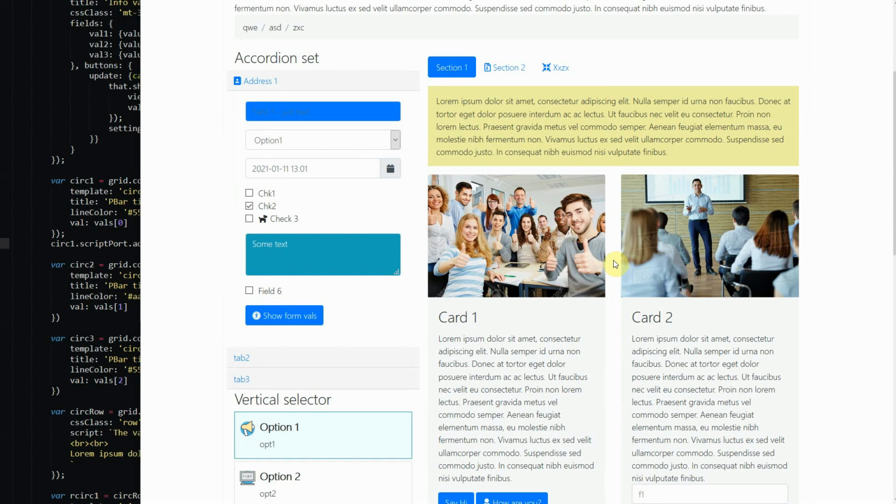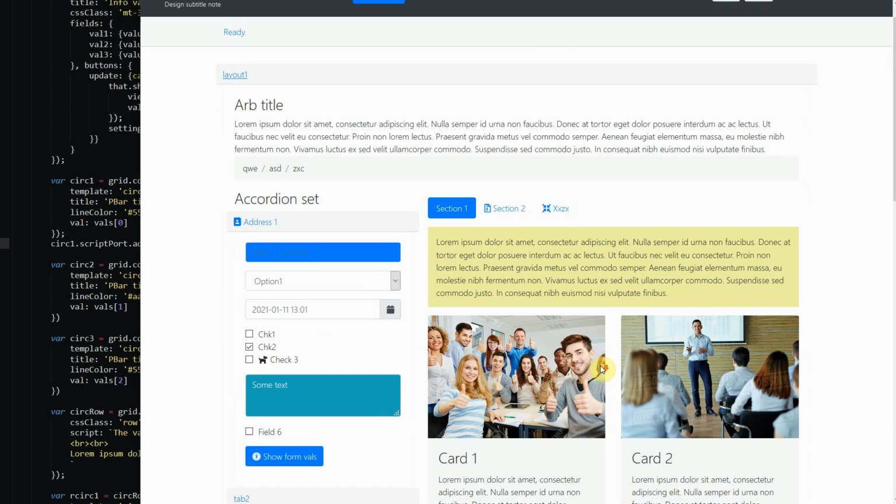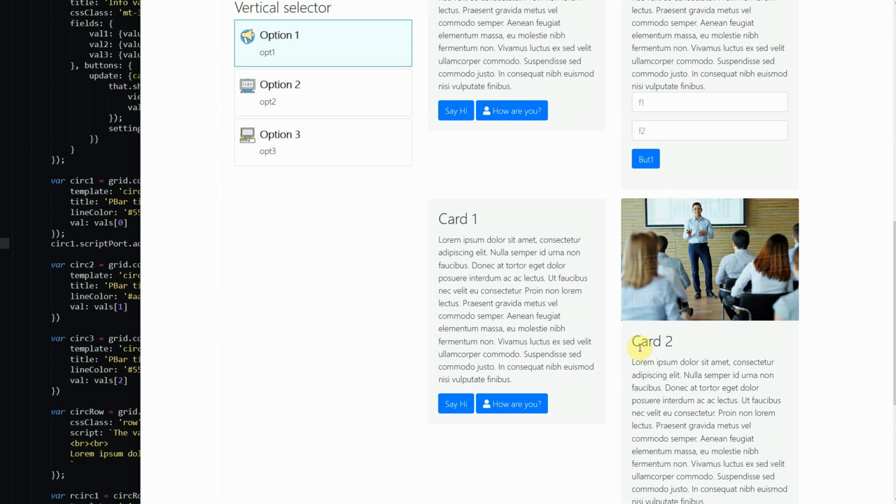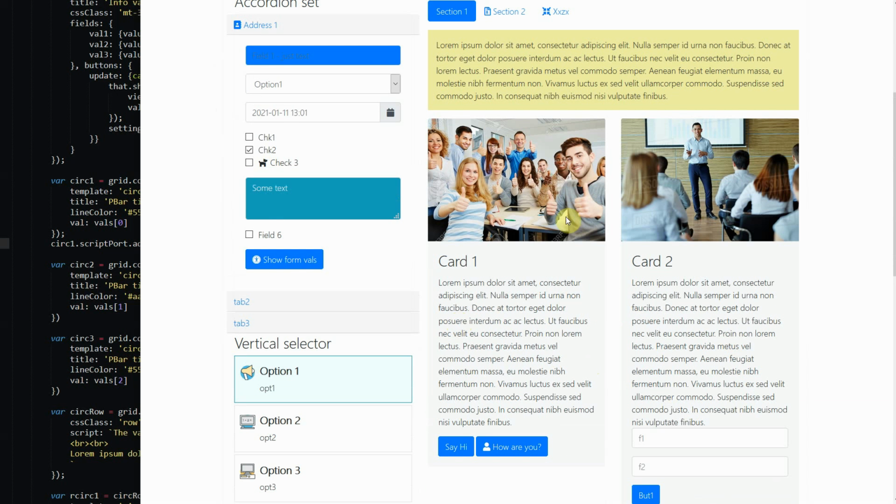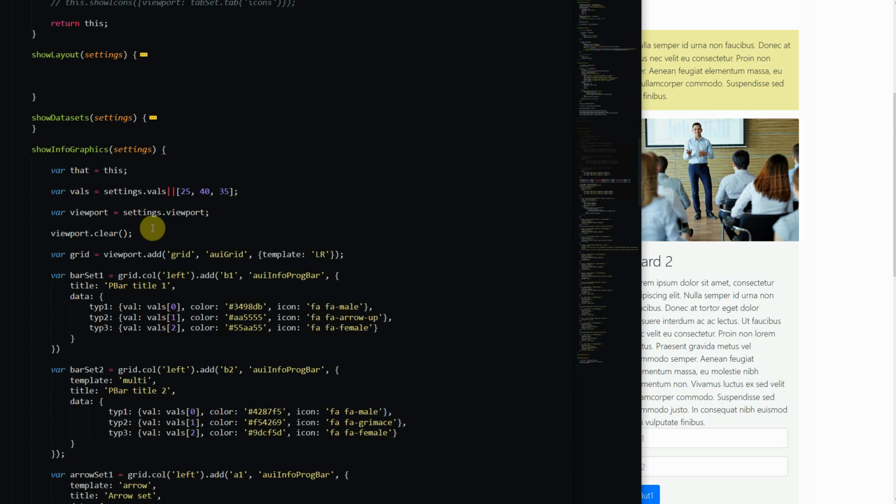So when we were looking at the layout, we have these cards here, and then we want to be able also to get rid of the image. So sometimes we just want to use the card. We don't want to use the image in the card. So to do that, we can simply omit the image tag. So if we go back to the layout,